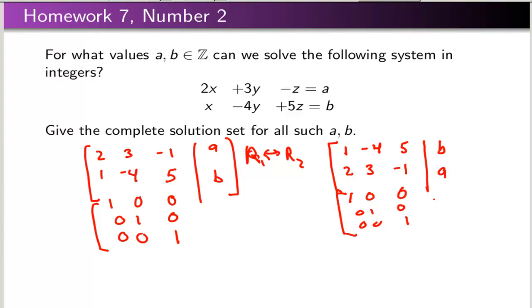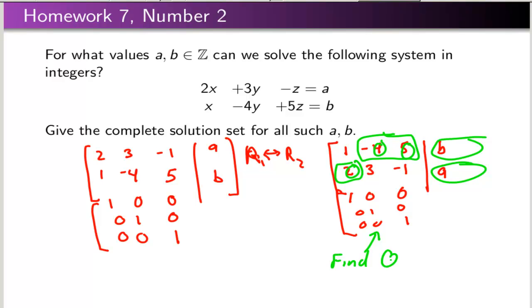And then once you have that, go through and diagonalize your matrix. So once again, you're going to eliminate these 2 entries to get some zeros here, and then you're going to eliminate this entry to get a 0 here, and you'll have some combinations. You want to keep track of the b and a as you're doing those different row operations, and in the end you'll come down and find your Q matrix, and you'll have a diagonalized system. d1 y1 equals some b1 entry, and d2 y2 will equal some b2 entry, and you'll discover, aha, this is solvable